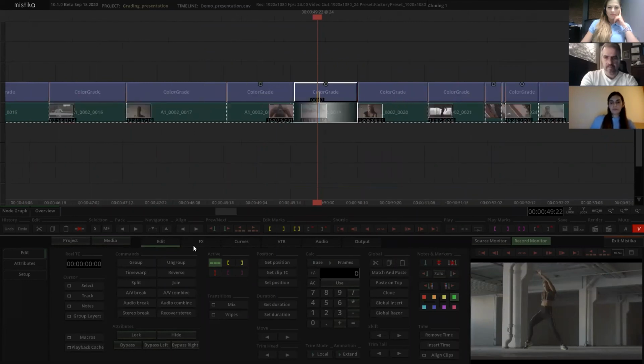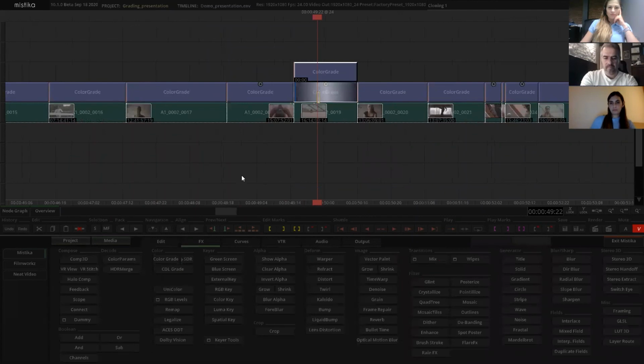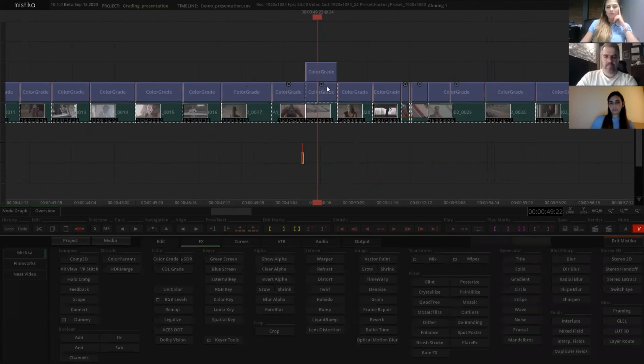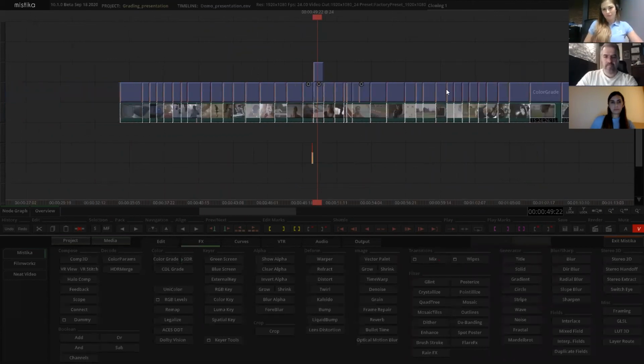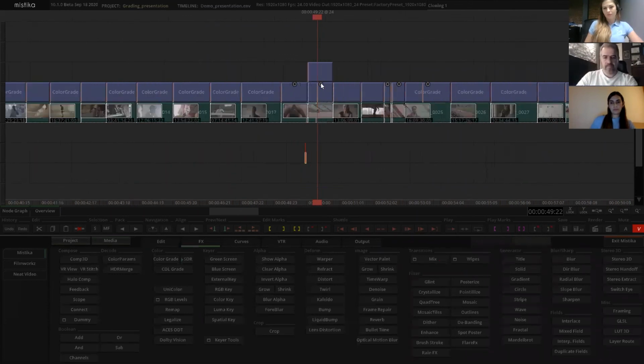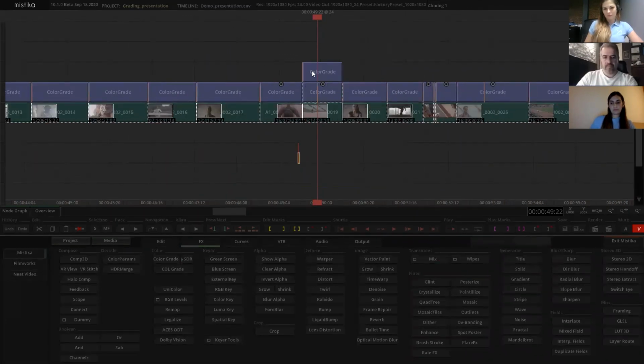Another way to do it as well is just creating another color grade on top to manage those versions. And this is pretty common in Mistika Colorist. They normally have a master track or a master layer for the colorist grading, and then they add a secondary layer for the client's requests. So basically, they add all the client's requests in a second grading layer, so they can always manage and come back if they want to the original situation, which is the colorist original situation, which is at the end really,